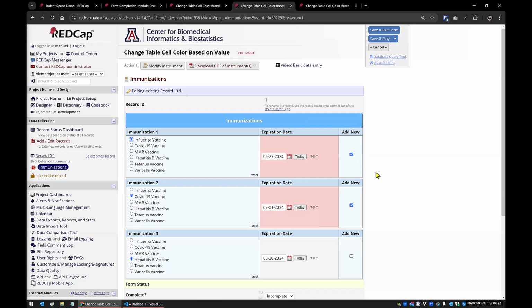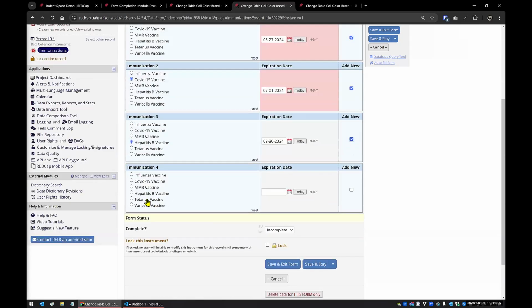We had to do a little tweaking. We had to set up the fields in a certain way to be able to use the JavaScript injector, and I'll walk you through that right now. The code only fires when the form loads. So if I were to add a new immunization here and set it for yesterday, which would trigger the coloring,